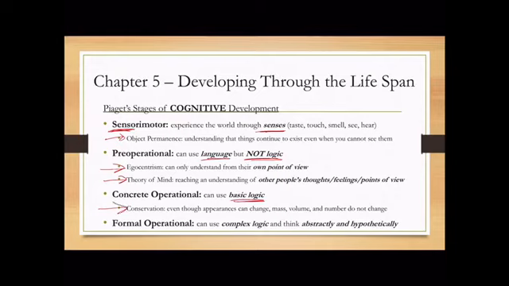understanding of conservation. So this was that, pouring a tall glass of milk into a shorter glass, did the amount of milk change? No. That's conservation. And then formal operational, complex logic, and specifically, this is really what's most important, abstract or hypothetical thinking. So you want to know where each of these fall in under the stages, because sometimes it asks a question where you kind of have to know both things in order to answer it, and I have a couple examples